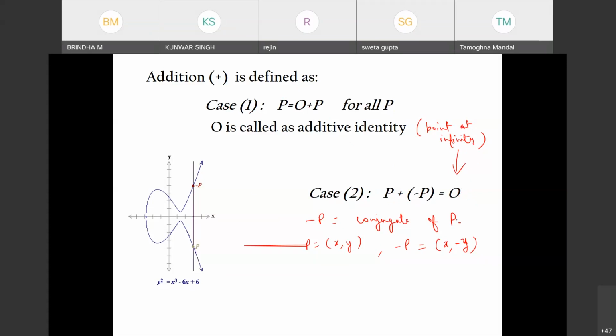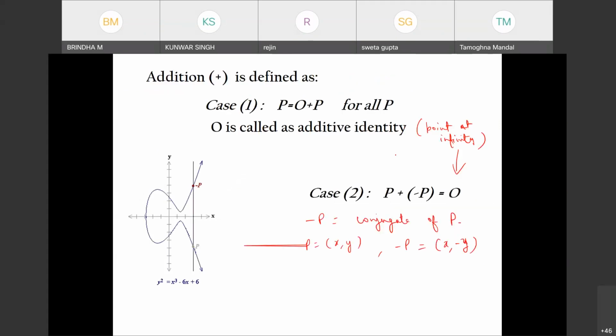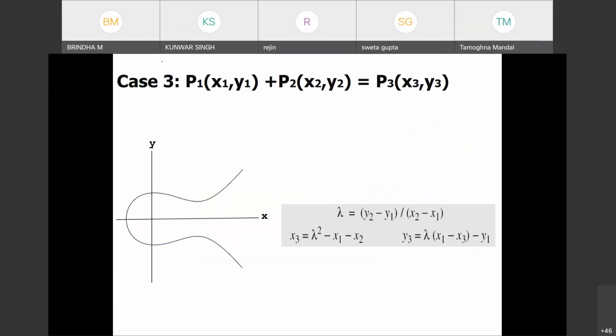Clear? So now the third one, if you are adding two points whose x coordinates are not the same. If the x coordinate is the same, then you get the previous case, where you are adding conjugate points. So now the third one is when x1 is not equal to x2, if you are adding some two points, for example,